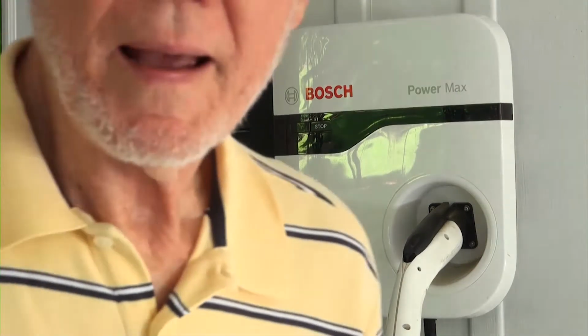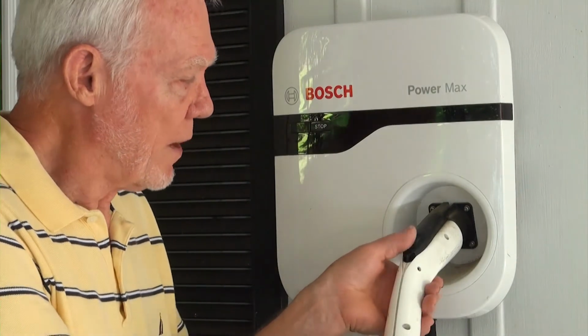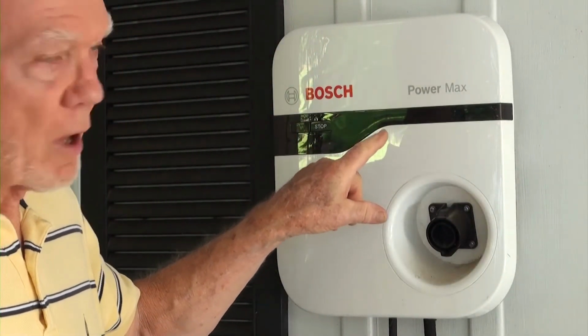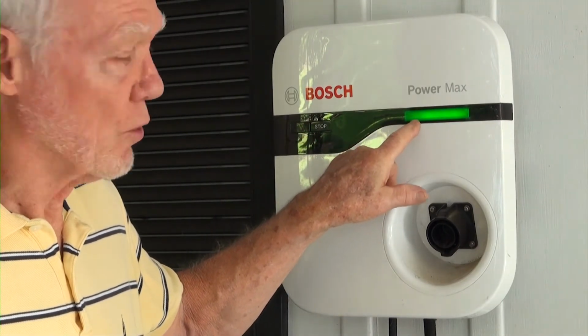Now I'm going to swing around and show you. I've got a charger in my carport, and I'm going to show you what a charger looks like. I got a Bosch charger right here. I mounted it on my wall in my carport. To charge, all you have to do, this is what plugs into the car, and you turn it on, and your light will come on your charger, and that lets you know that this is ready. It flashes red, green, red, green. When it's green, it's ready to plug into the car, and when it charges the car up, it will automatically